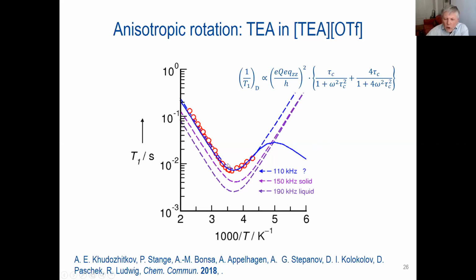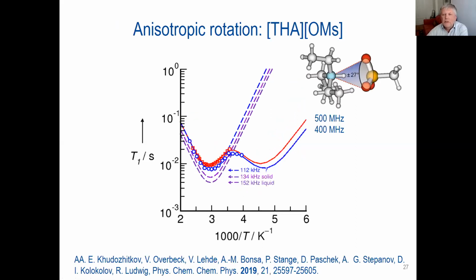Okay, so what we assumed here, and everything was fine, is that we got a nice quadrupole coupling constant if we assumed anisotropic rotation for the system, as shown here by the straight blue line, right? But of course, we didn't have any data supporting that, because we had to finish the experiments here since we had no signals anymore at low temperatures. Okay, so we switched the system